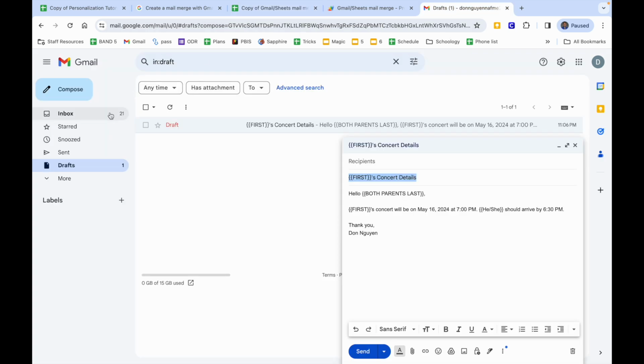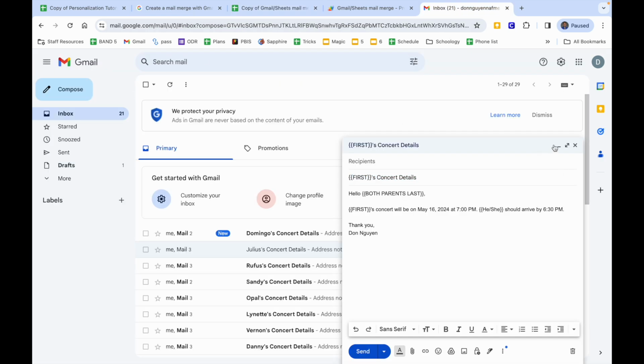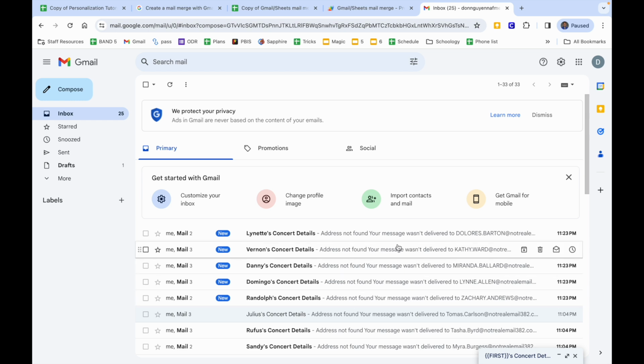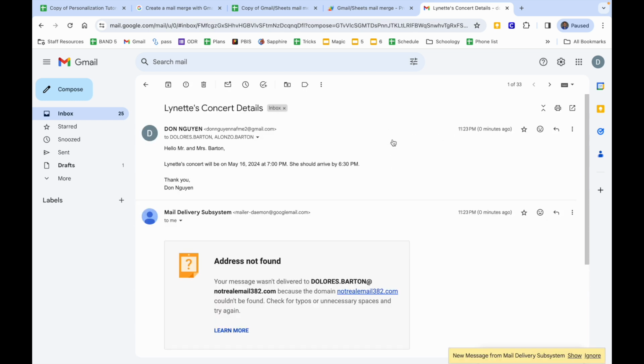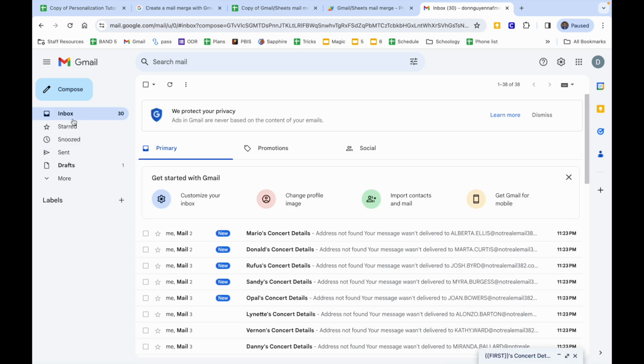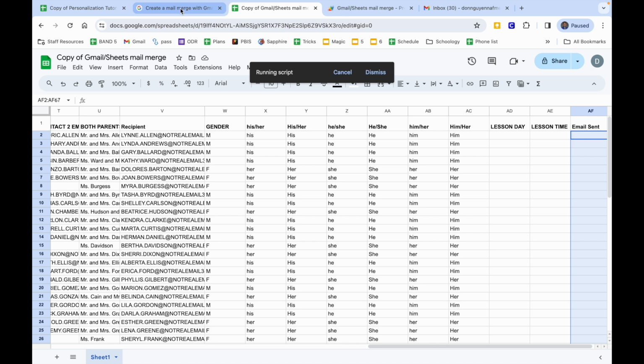If I go back, let's see what's happening. And now, yes, it's filling up my inbox with all these emails. Now, the reason why it's filling up my inbox, not these other people's inboxes, is because these email addresses are fake. Normally, the email would just go and it would show up in your sent folder. But that is how you send personalized emails in Gmail,